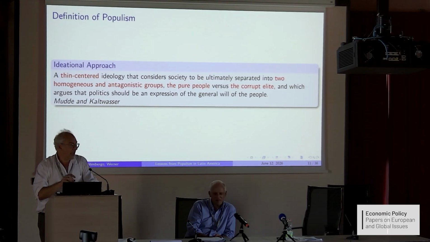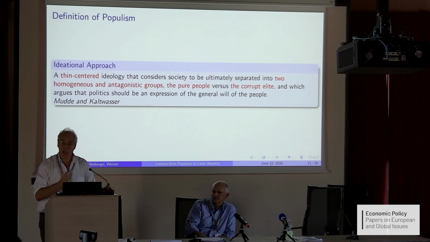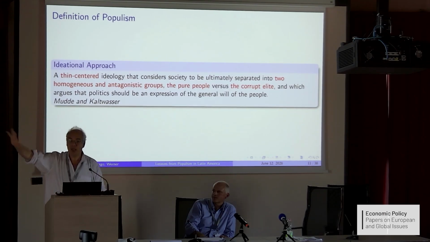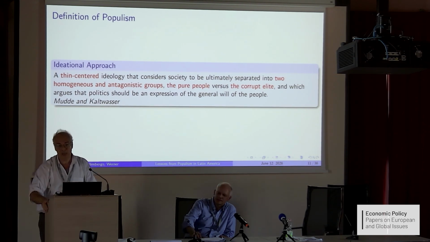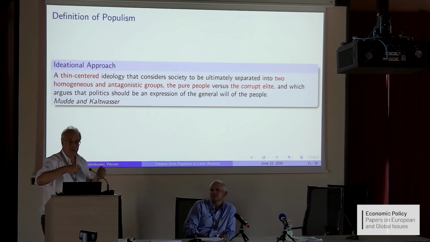So this is the reason why I think they are wrong, because even though there is no clear economic ideology attached to this, there is a clear implication for economics. We know that institutions are very important. So this informs our empirical strategy to look first at what happens when populists come to power, what happens to institutions, to third parties, checks and balances, and second to see in the longer term what is the economic effect. Because we know if you break the checks and balances, in the long term you are economically worse off.